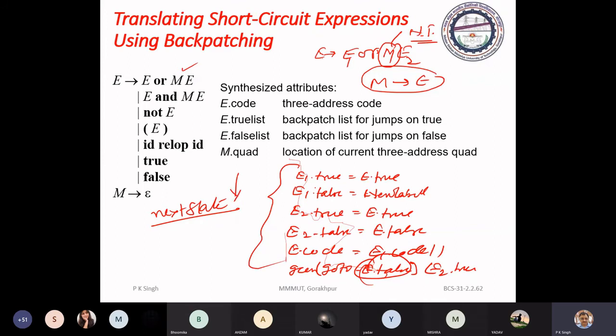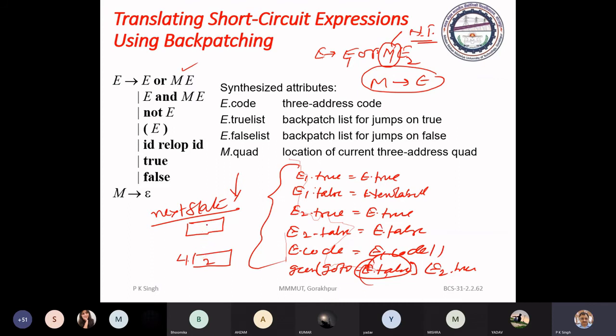So the current number gets recorded, and we can go for patching. Actually, we will have the list of code for E1. We have the list of code for E2, and we have to patch here a label, suppose L1, with E2.